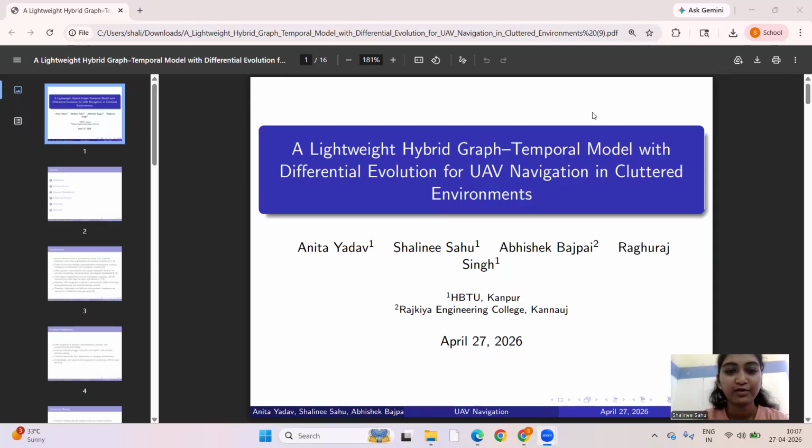Good morning, everyone. Today I am going to present our research work titled A Lightweight Hybrid Graph Temporal Model with Differential Evolution for UAV Navigation in Cluttered Environment. This work has been carried out by me, Shalini Sahu, along with my co-authors Anita Yadav, Ragraj Singh from HBTU Kanpur